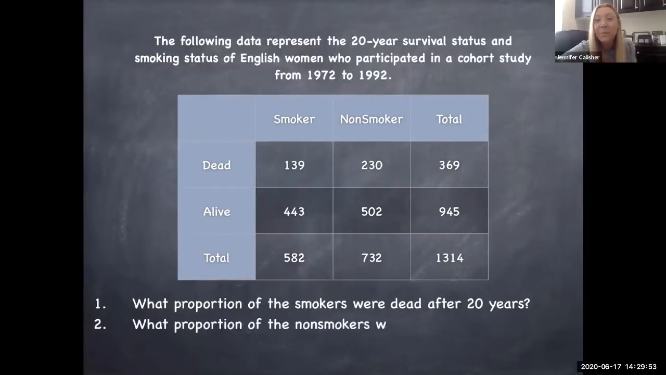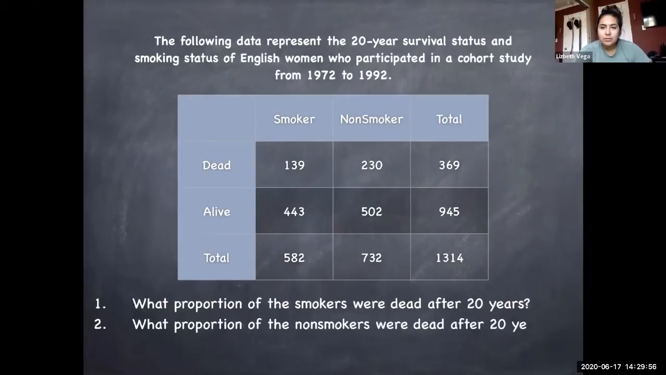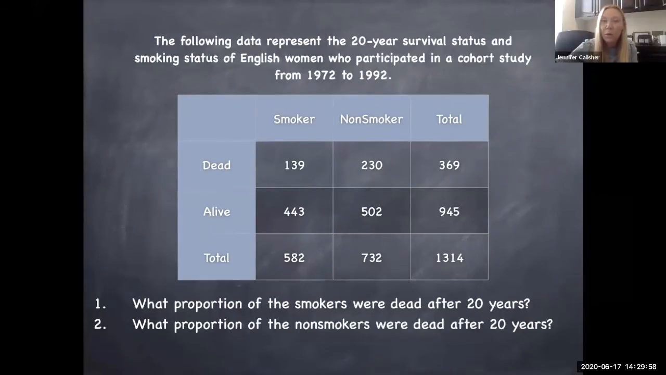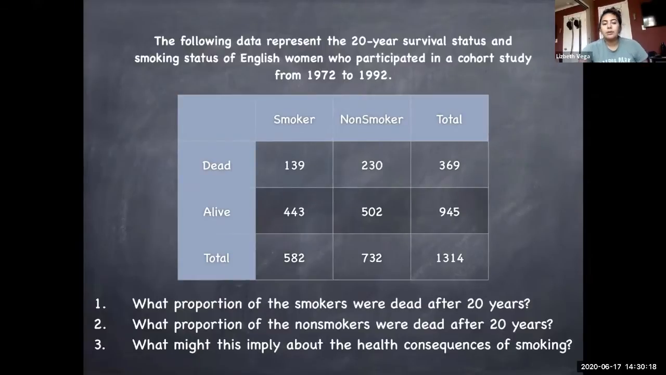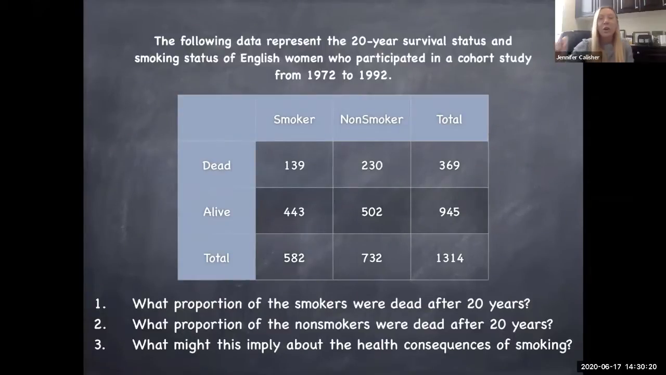Yeah. How did you get that decimal? So to get the 2 decimals, for the first one, the proportion based off of this chart, again, it sounds like something got messed up on my chart, but the proportion of smokers that had passed away after 20 years, we would take 139 and put it over the total for smokers, which is 582. Oh, okay. And then the proportion for non-smokers, we take the total of 230 and put it over their total